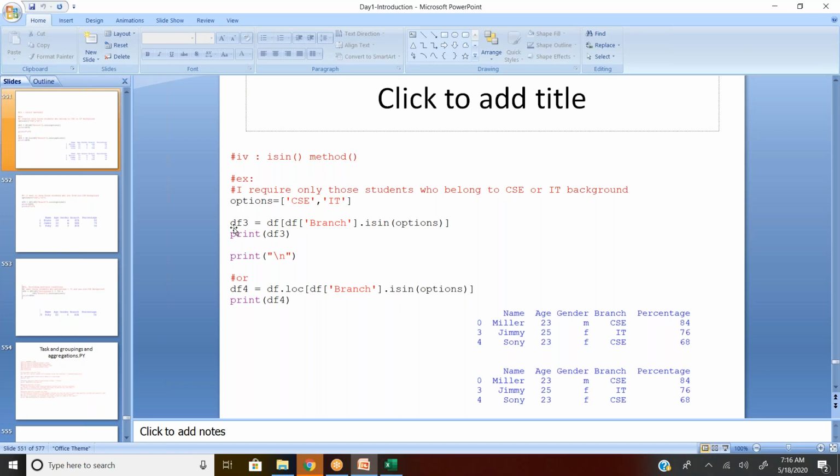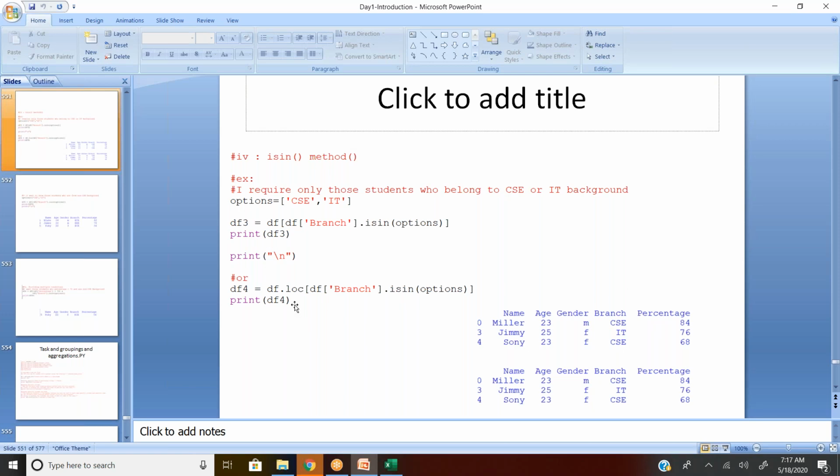So it's similar to the IN operator in an SQL query. So df in square brackets, CSE and IT are nothing but branch. So df of branch dot isin options. When they are part of CSE or IT, the system is going to consider the data and store it into df3. You can see the data for CSE or IT only.